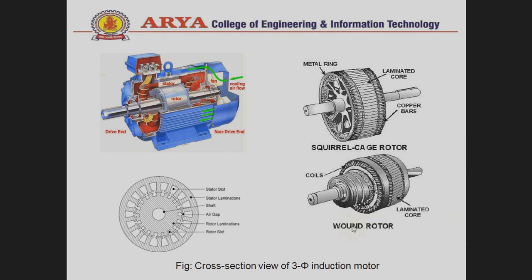motor is used. In the squirrel cage motor, you can see that the conducting bars lie in the slots and are shorted at both ends by the shorting rings. And in the wound rotor, a complete set of three-phase winding exactly like the stator is used, and the ends of the three rotor wires are connected to the three slip rings on the rotor shaft. In this way, the rotor circuit is accessible.